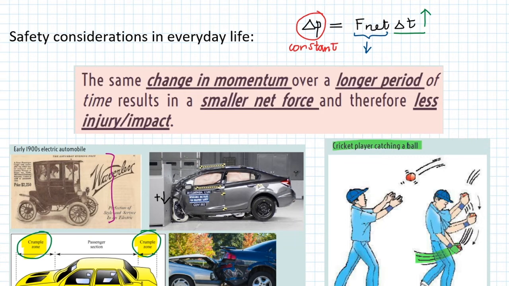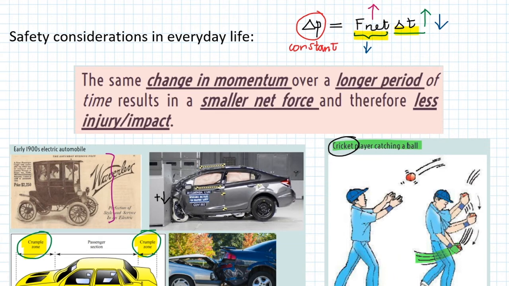It is for this reason as well that cricket players move their hands backwards when catching a ball. What they are doing is they're increasing the time of impact so that the net force that they experience is smaller than it would be if they did not move their hand backwards. If they just kept their hand in a fixed position, what would happen is that the time would decrease, and this would result in a large net force being applied on their hands. Right? And this, of course, is taking into consideration that the change in momentum is going to be the same